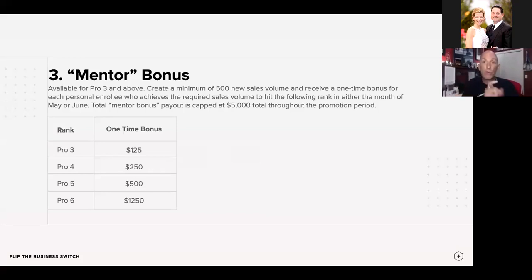Simple. You enroll a gold pack or platinum pack distributor. Those are 500 or 1,000 points. You enroll 5 people on a Tri-Synergizer as customers. That's 500 points. Any mixing and matching of those things. I'm not going to go through every possible scenario, but 500 in new volume. You're Pro 3 or higher, and every one of your personal